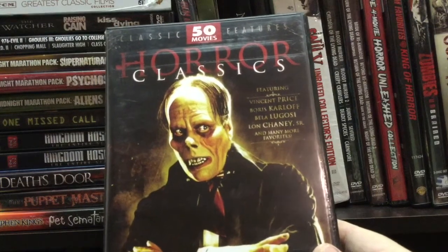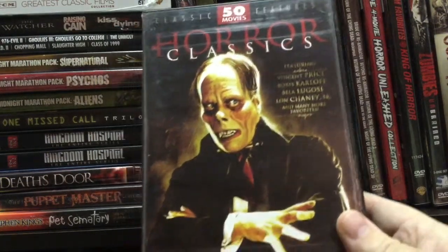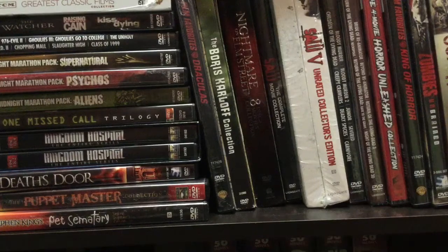Vincent Price, Karloff, Lugosi, Chaney, many more favorites. I see some overlaps, but not a ton. Atomic Age Vampire, The Bat with Vincent Price,